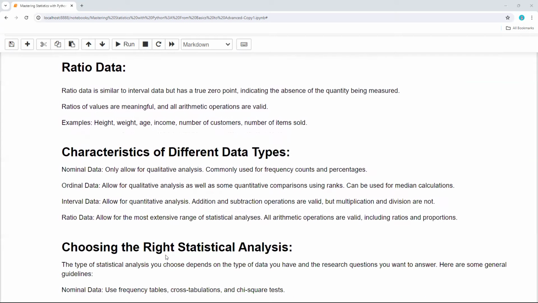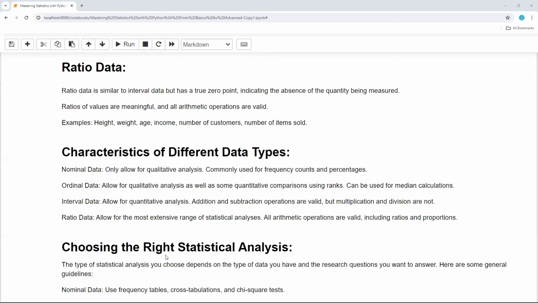data. And the characteristics of different data types: nominal data only allows for qualitative analysis. Qualitative analysis is nothing but data with some categories, commonly used for frequency counts and percentages. And ordinal data allows for qualitative analysis as well as some quantitative comparisons using ranks, rank 1, rank 2, rank 3. But those are present in categories only, but the quantity of those categories can be used for median calculations, mostly